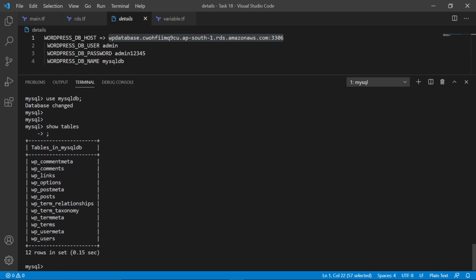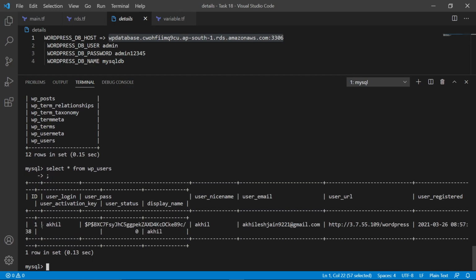Firstly we will see that we have created a user named Akhil and the password one. So we can use this table. Select star from wp_users.